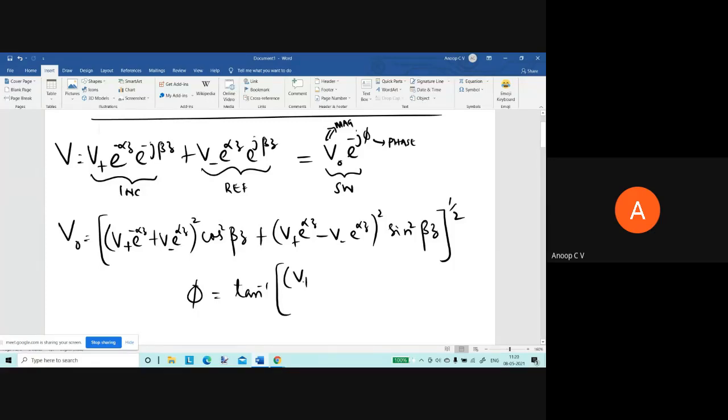So it should have been, I'm sorry, V plus e power minus alpha z minus V minus e power alpha z, divided by V plus e power minus alpha z plus V minus e power alpha z, times tan of beta z. So this is the magnitude and this is